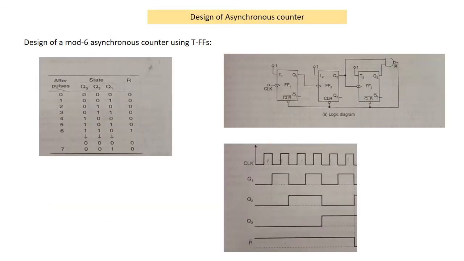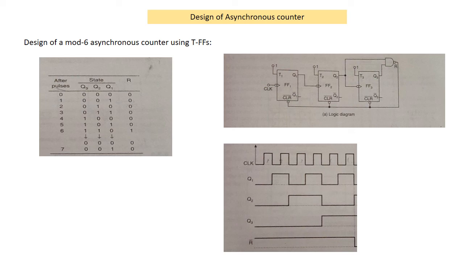Now, the design of asynchronous counters or ripple counters. To design an asynchronous counter, first write the counting sequence, then tabulate the values of reset signal R for various states of the counter and obtain the minimal expression for R or R complement using the K-map or any other method. And provide this feedback R or R bar to all the flip-flops to reset it after the desired count.